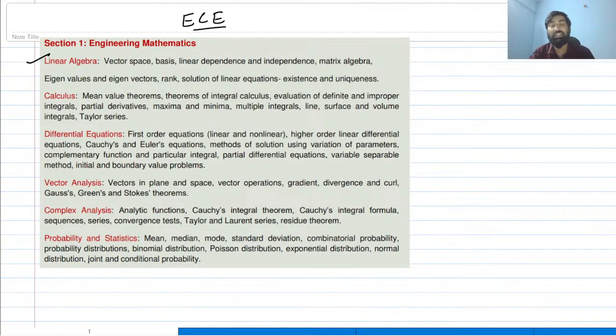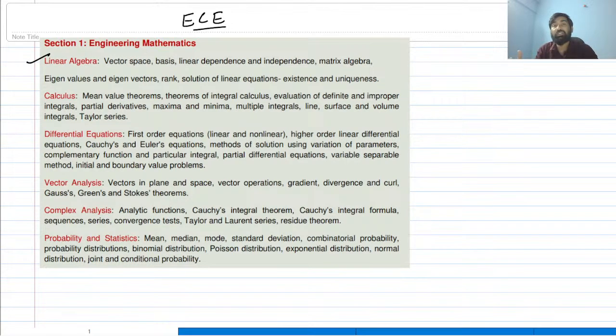If I talk about signal and system, and you belong to electronics and communication, there will be the DFT, discrete Fourier transform. There we use matrices, and in fact circular convolution can also be performed using those matrices. In control system, one chapter is state space analysis, where we again use matrices when we talk about the state transition matrix. So everywhere the concept of matrices and linear algebra will be there.